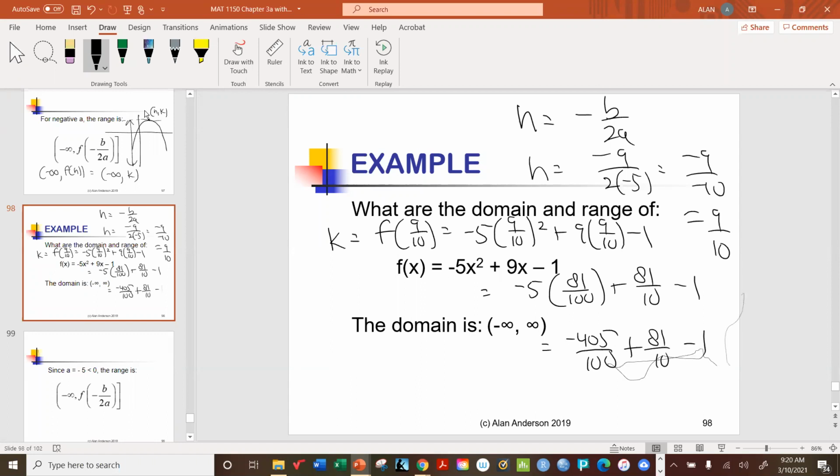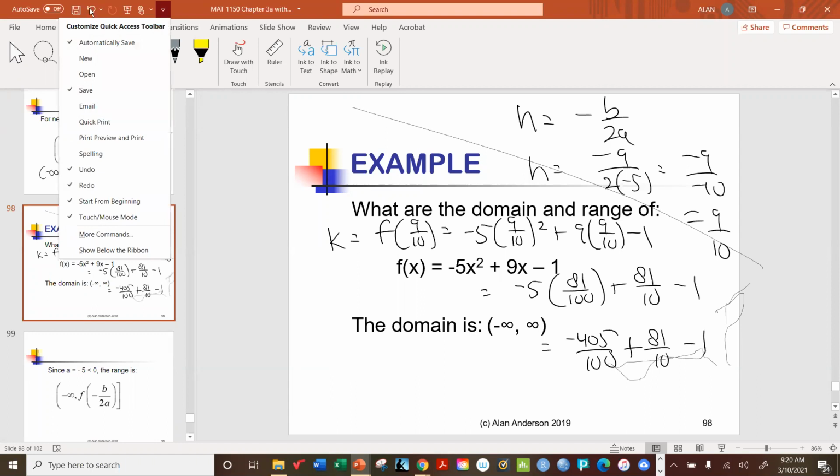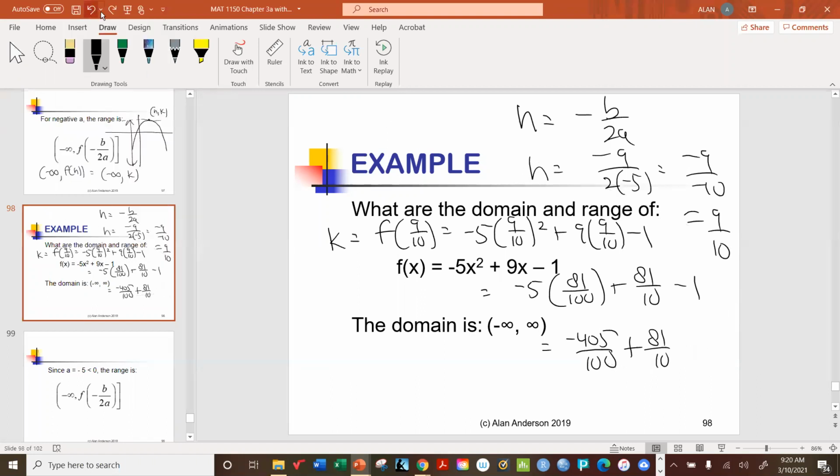And then we can convert all these to 100ths. Let's move this over here somewhere. Minus 405 over 100 plus 810 100ths minus 100 over 100. That equals,